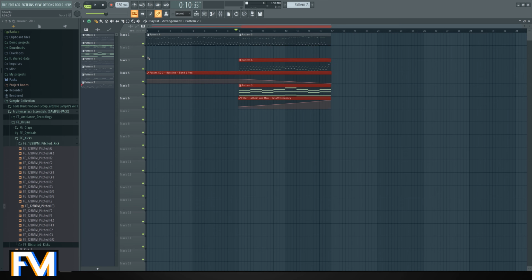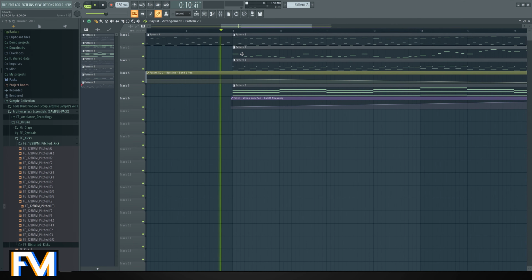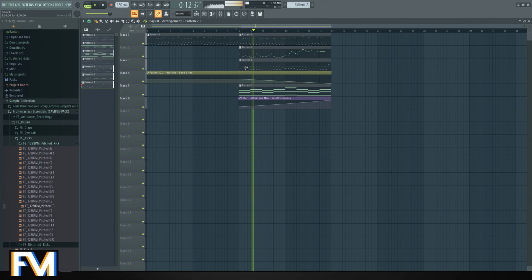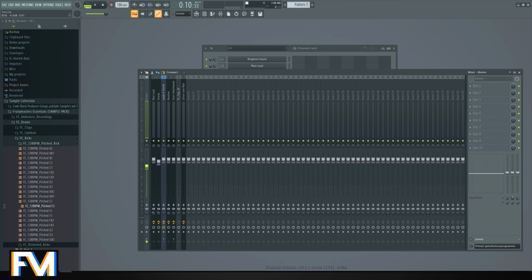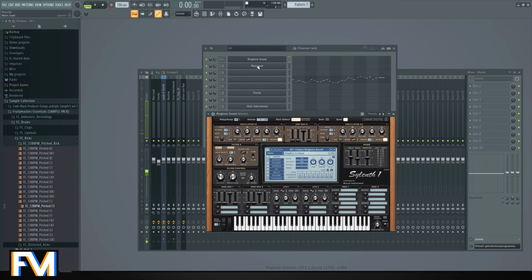Let's make some more space. Okay, we're clipping really hard. Let's fix that. Perhaps give this one a bit of release. Oh crap, we can automate that too.